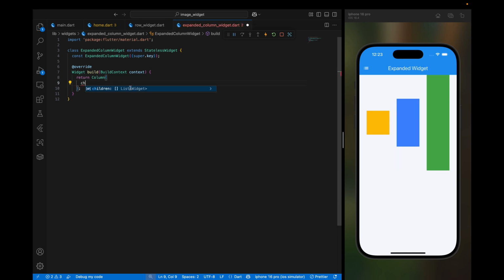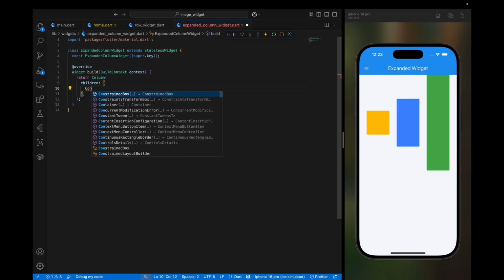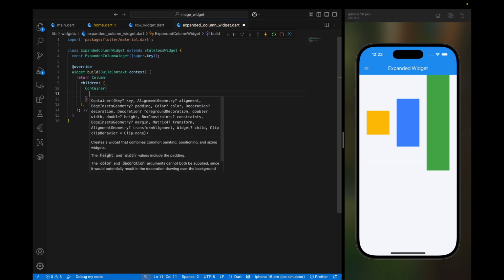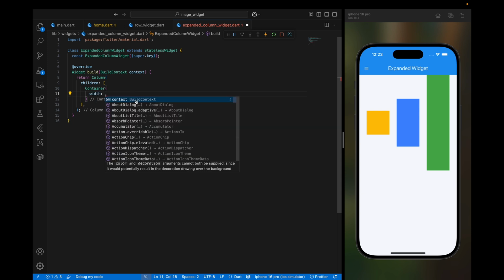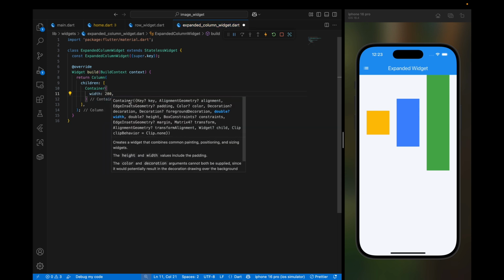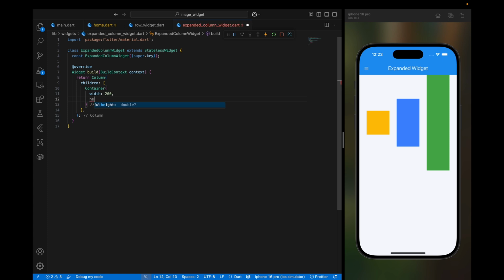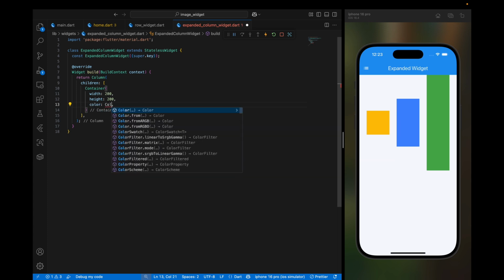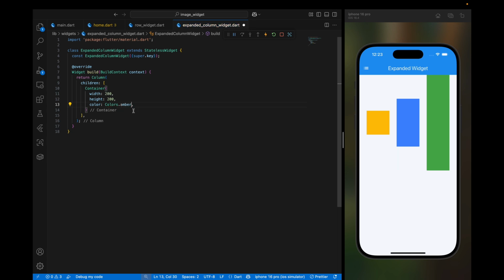Then call the children's property, and inside of this list, let's say we want to add 3 containers. So each container will have the same width and height. So let's say 200 pixels for the width and 200 pixels for the height, but we'll give them different colors for the background. So call the colors dot, let's say amber for this one, give it a comma, copy and paste it 2 more times. Save everything,